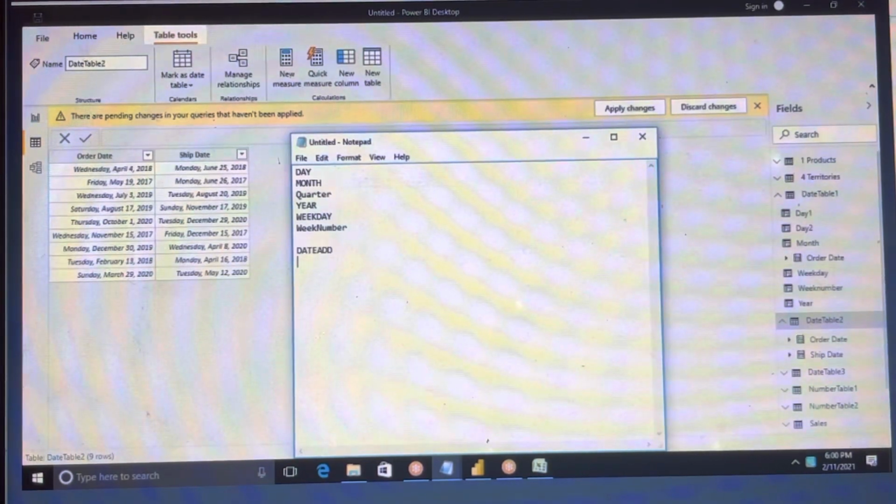Date add, how will you take that date reference, and then what we have, end of month, start of year, start of year quarter, and we have upper, lower, and then left, right, there is mid also.